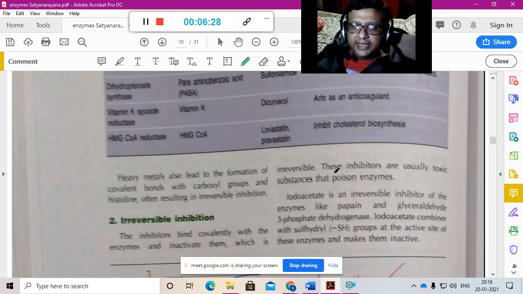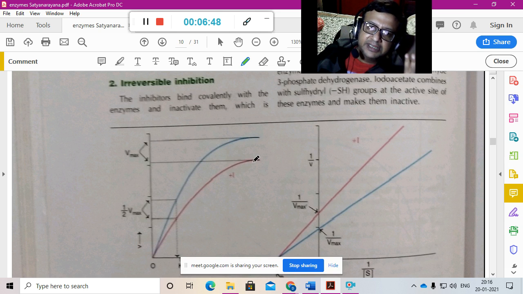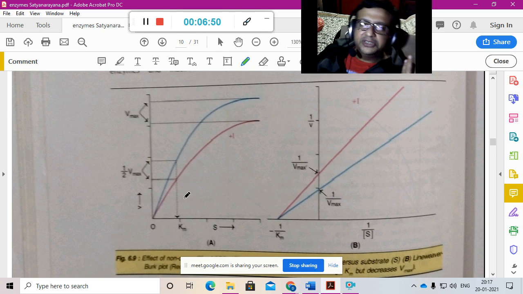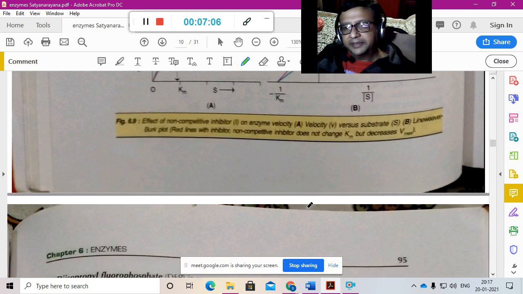Then in the case of irreversible inhibition, a chemical change takes place and you cannot reverse the enzyme back. You see that the Vmax changes. The normal is the blue line coming over here. The Vmax itself changes, which means the enzyme is damaged. The Vmax reduces, and increasing substrate doesn't help. So you see that the two Vmaxes are different in the Lineweaver-Burk plot. The Vmaxes are also different when you use a non-competitive inhibitor.